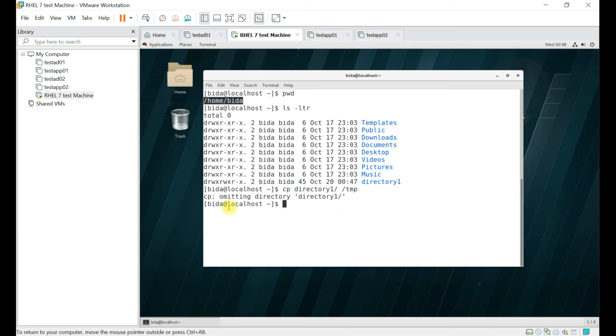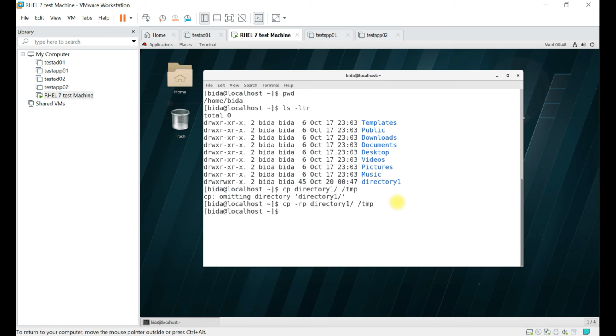Here you will get this error: cp omitting directory1. In case it is a directory, you need to include the option -r. R means whatever content, files or directories are inside directory1, everything will be copied. p means permissions: whatever permissions it has, it will keep them the same, otherwise they will change.